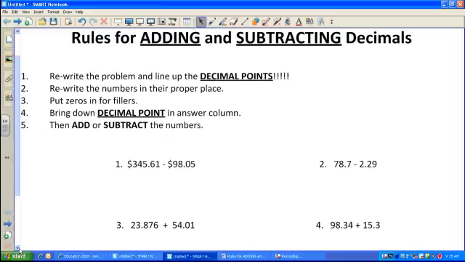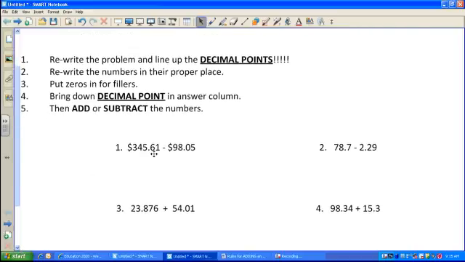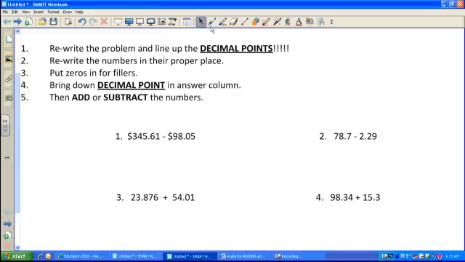So if we look at some of our practice problems, we'll look at problem number 1. We have decimal points in there and we're subtracting, so we have to follow these rules that we see above us. All right, so let me grab a color. First thing I need to do is rewrite the problem and line up the decimal points. So to do that, I just write the first number,